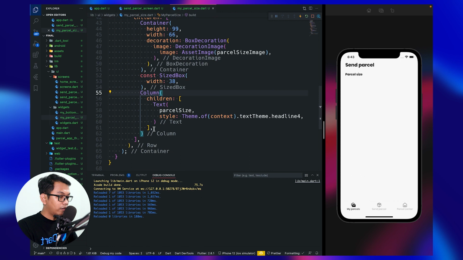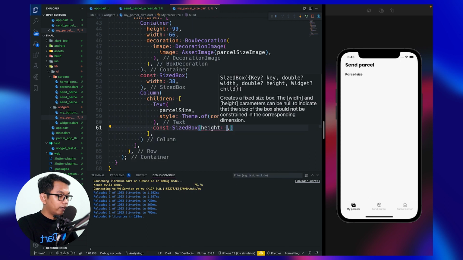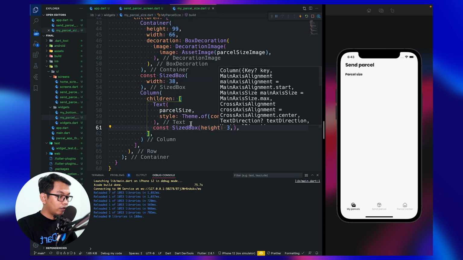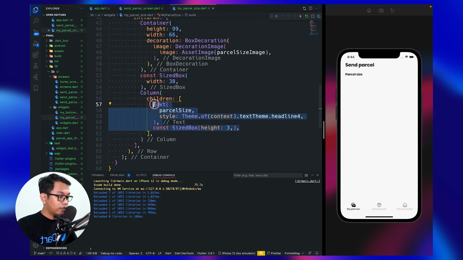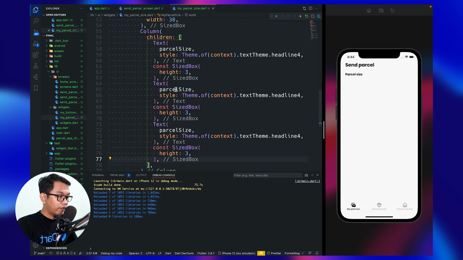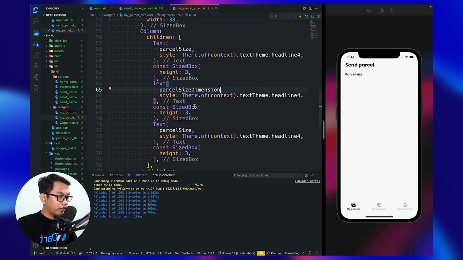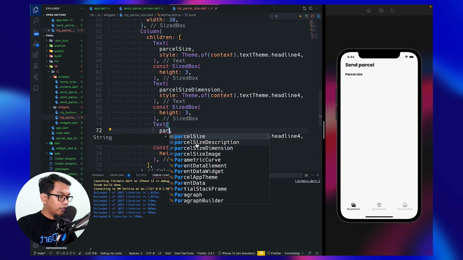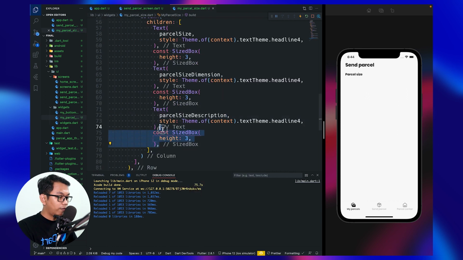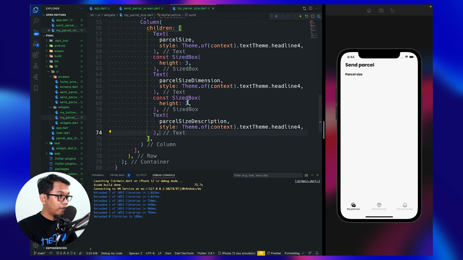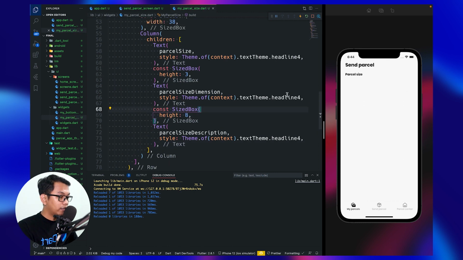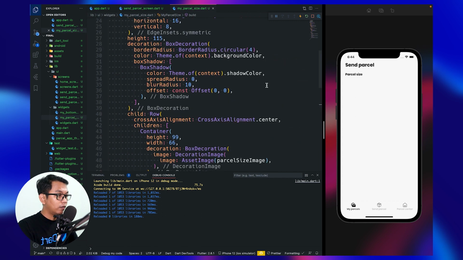Below our text widget we add a size box again, with height 3, and we just copy this 2 times and paste again. For this, let's say parcel dimension, and for this parcel description, and we remove this. For this 8, and this is headline 5, and this is headline 6. So 4, 5, 6 look like this.